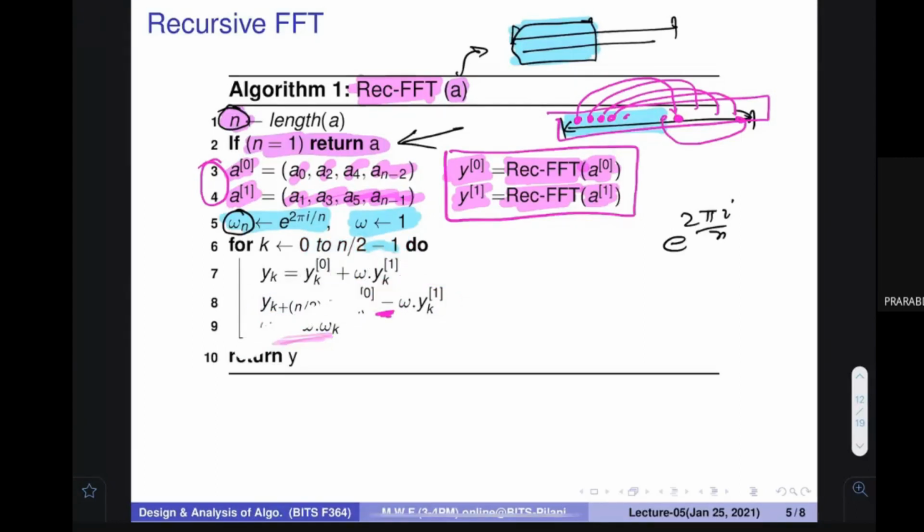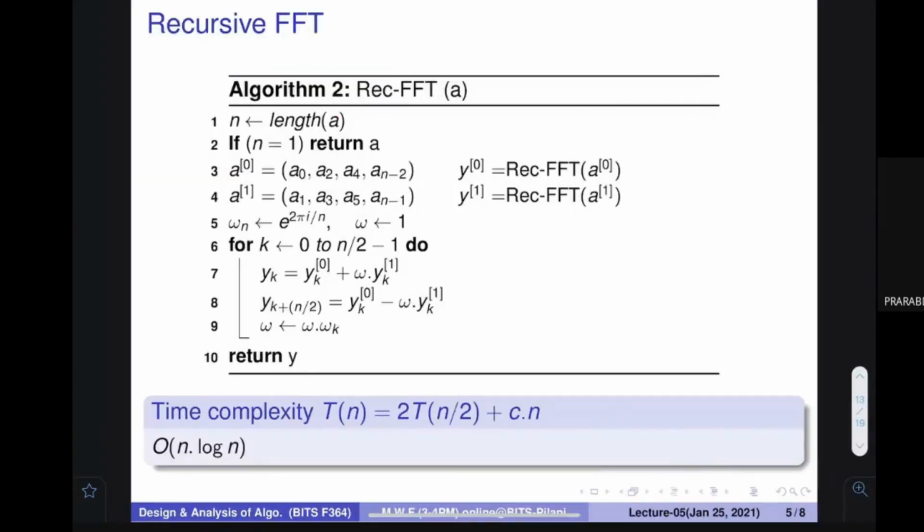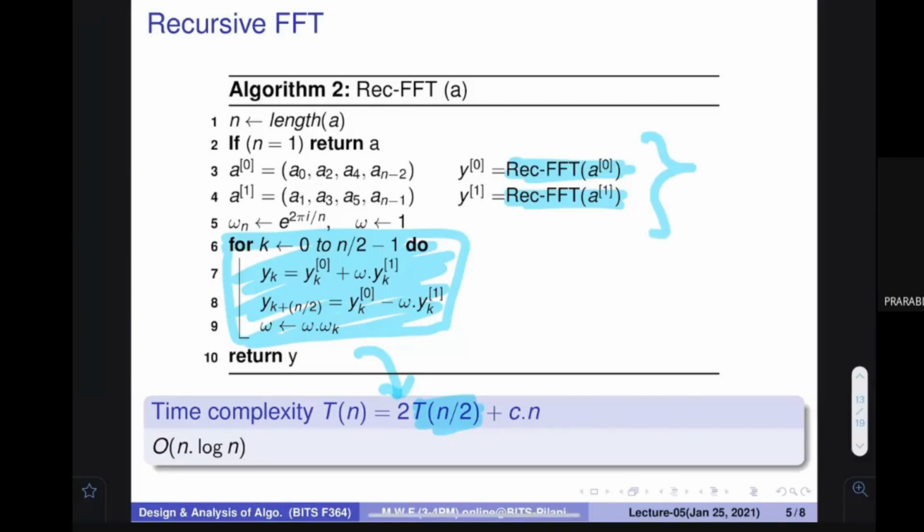That tells that here is a positive and here is a negative, using the halving lemma. When I am finding out these values, the other half are immediately supplied to me for free. So how much time is needed? You see that you are calling the same algorithm with half the items. So Tn is 2 times T of n by 2, and this computation that builds the solution for these half of the items is available, then you can just combine them to find out the complete solution. So this is actually a constant multiplied by n, cn, because you know that only half of the items you have actually done over here.